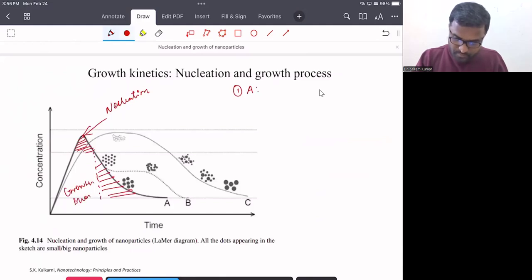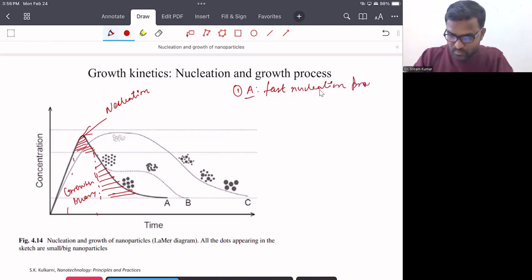Growth phase. So once we get the nucleation for A, there is a sharp, exponential decrease in the concentration because of the diffusion of particles or atoms from the bulk to that surface, and that's why there is this exponential decrease in the concentration, and it's called the growth phase. And then after, the equilibrium concentration happens. So here in condition A, it is fast, because that nucleation process has very limited time. So this process has a fast nucleation process,